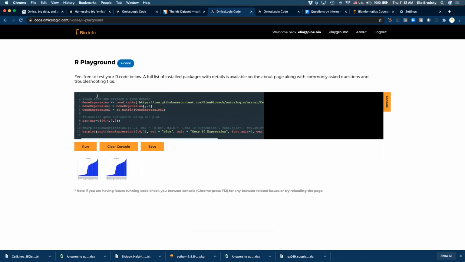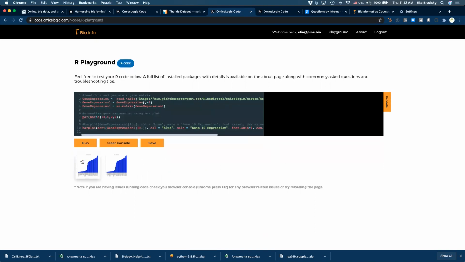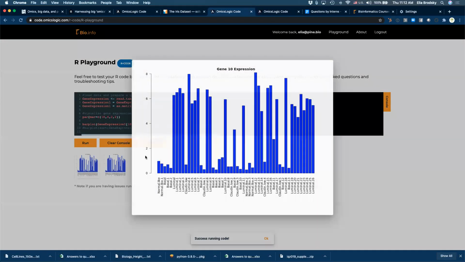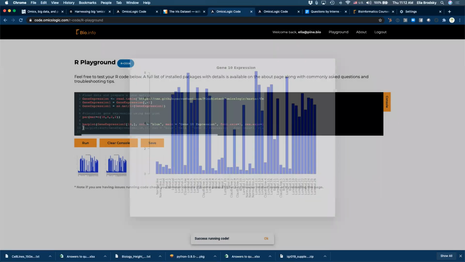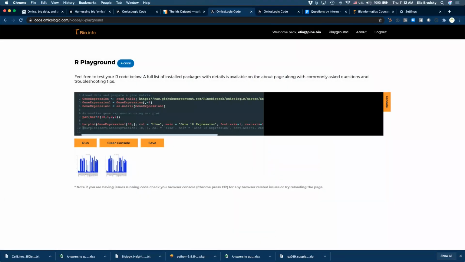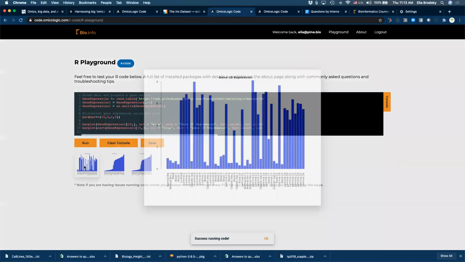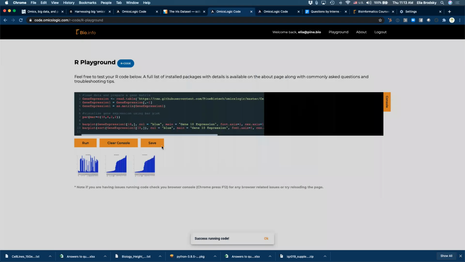Okay, so if you just copy this, or it should be in there. Okay, so it should work, and in this case we first did this one. And here we just have the gene, or then we can also do the second one. So we get this gene, and then we get it sorted.